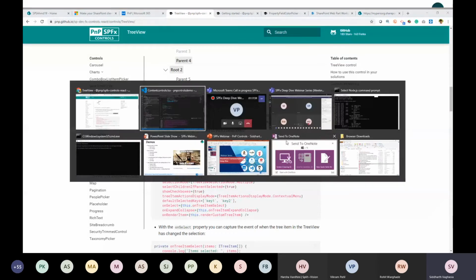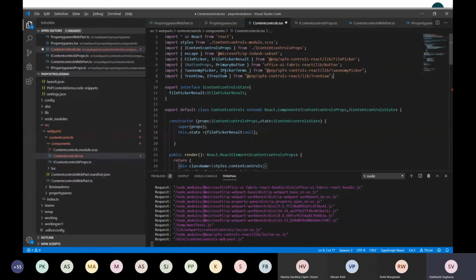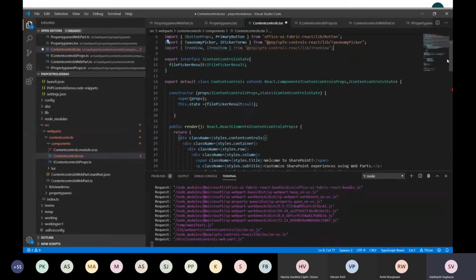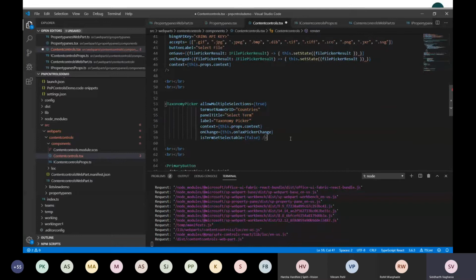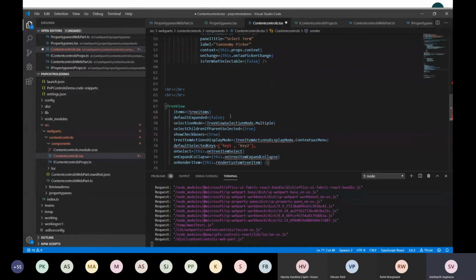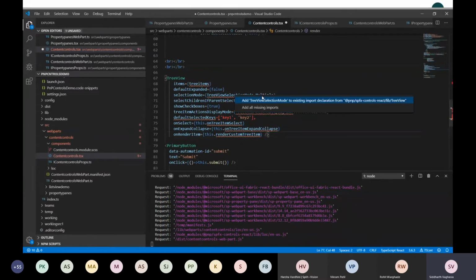I'll just import it, and again use the control in my render method. I'll quickly fix some of the imports which we have to add.